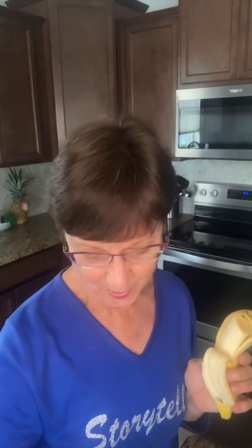Here's some ingredients you might want to have on hand. A banana, peanut butter, but if you have peanut allergies or nut allergies, you'll just want to have some cream cheese on hand. Maybe even some Nutella kind of spread or the sunflower spread. I also have some blueberries and a carrot,